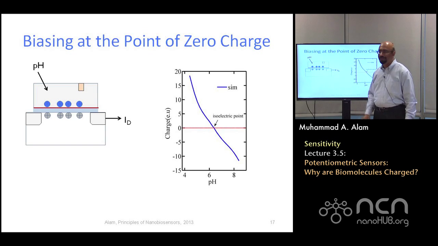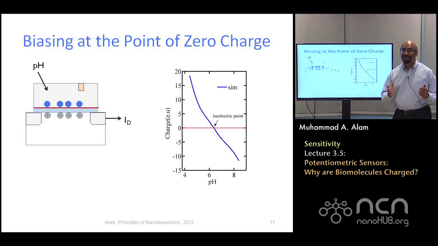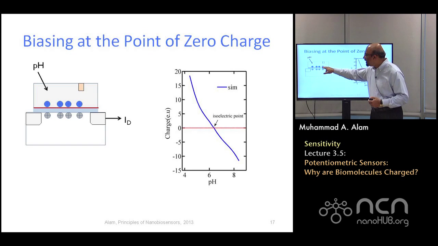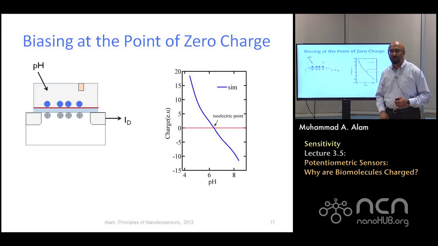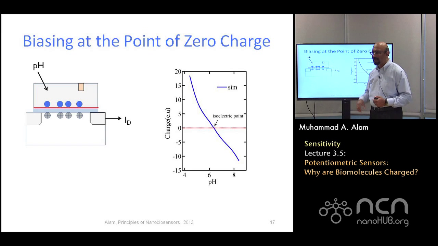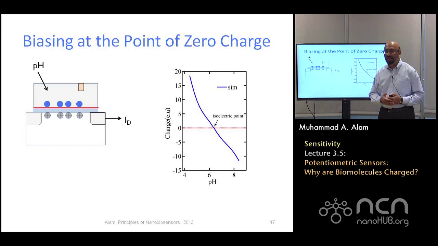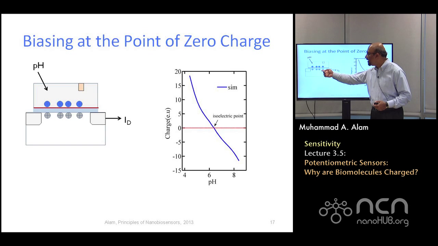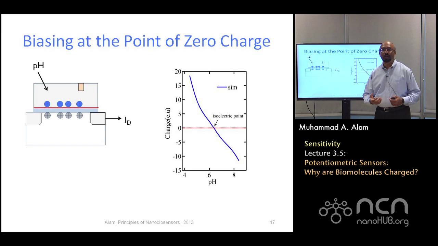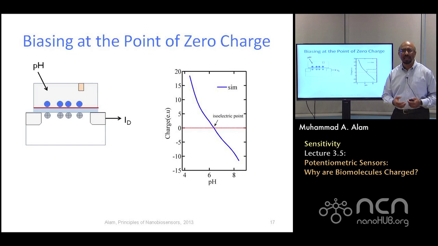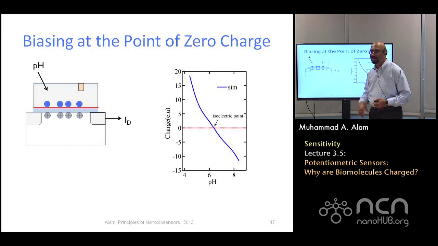Remember this surface charge. Surface charge is great for pH sensors, pH monitors. I mean, that's very good. But in this particular case, I just want to see the blue molecules. I don't care about the surface charges because they are interfering. They are producing a parasitic current, giving the impression as if the molecules have landed, which is not the case at all. So then, how do I make this red disappear, the surface charge disappear?